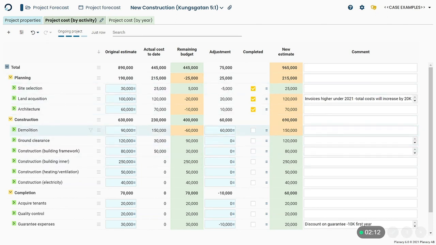And here we can also make a comment. So we can make a comment why the demolition was 60,000 higher than we estimated. It might have been that it took longer time than expected or something like that. If we want to add a new activity or stage, we can simply do that by clicking on the plus